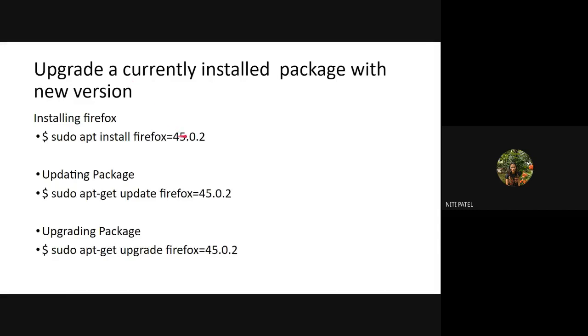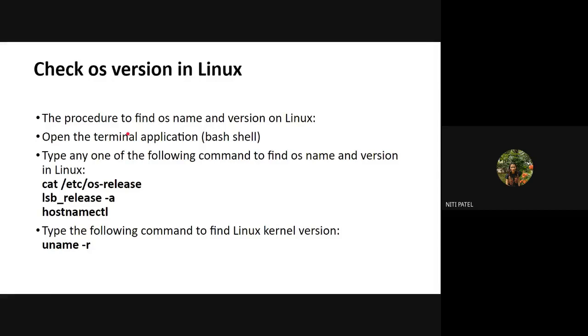Okay. Now next, if I want to find the version: over here I knew the version, 45.0.2. But if I do not know what the version is, how do I find out? By using the command apt show versions and the name of the application. By using this, I will get to know the version number of that particular application. In Linux, if I do not know which version I had installed and I want to check, I can use certain commands.